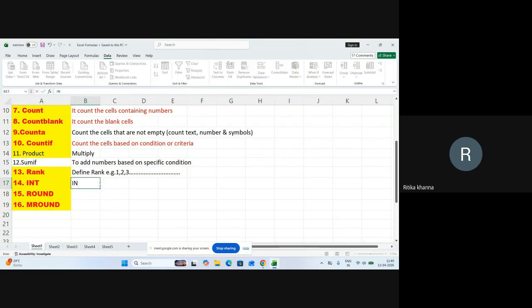INT stands here for integer. अगर आपको डेसिमल डिजिट से डेसिमल्स रिमूव करने हैं तो आप यहाँ पर INT का फॉर्मूला यूज करो। और अगर आपको किसी भी नंबर को अप टू स्पेसिफिक डेसिमल डिजिट राउंड करना है तो आप राउंड का फॉर्मूला यूज करो।